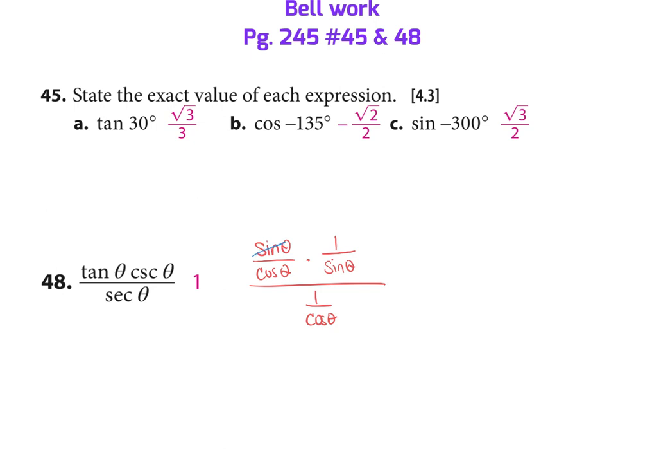Straight multiplication, obviously these cancel. So you get 1 over cosine over 1 over cosine. Anything over itself is just 1. I just split everything where